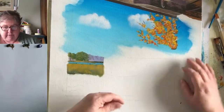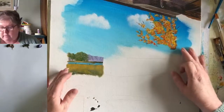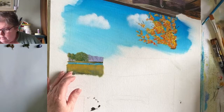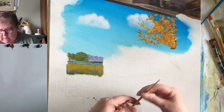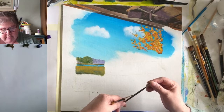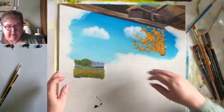So I think the first thing to do, seeing as it's the highest one, I don't want to put wet paint on here and then have to be reaching over to that. So let's make a start. So I'm going to use a 1/4 inch angle shader, a small liner brush, and maybe even a smaller one still. I've got the paints out, the same as I used yesterday, so nothing's changed in that department,